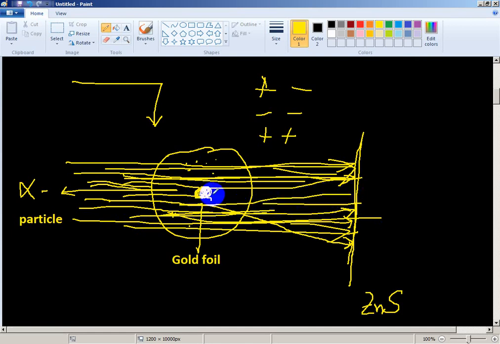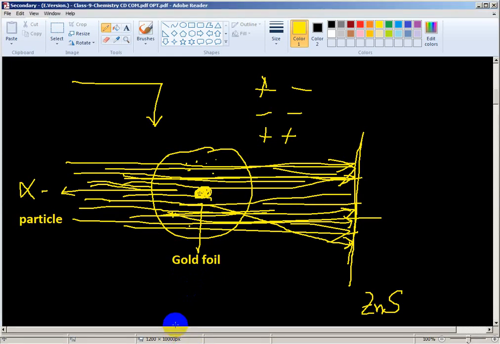At the center of the atom something positive is contained. This positive particle is called the nucleus. Okay, so depending on this alpha particle experiment,